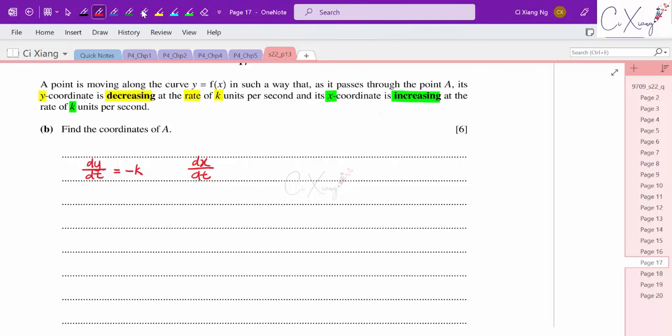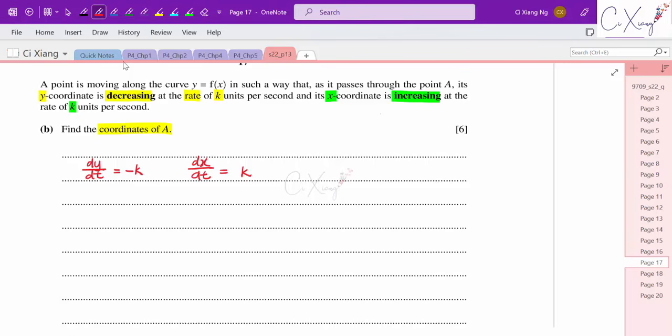It equals positive k because of the word increasing. And now they actually want us to find out the coordinates of A. So to find out the coordinates of A,